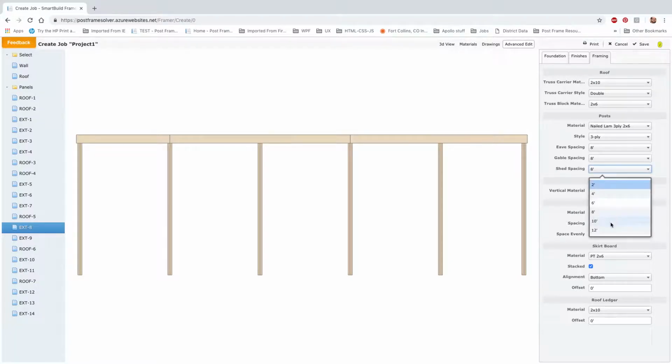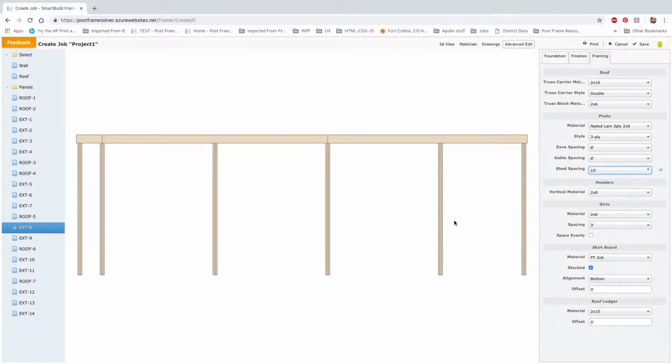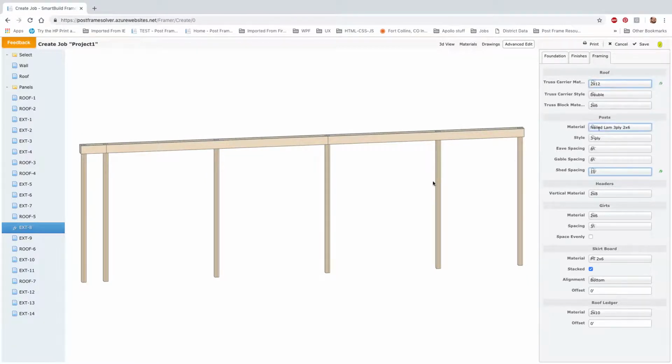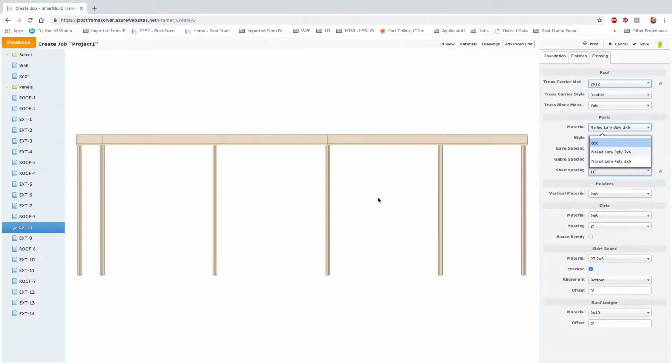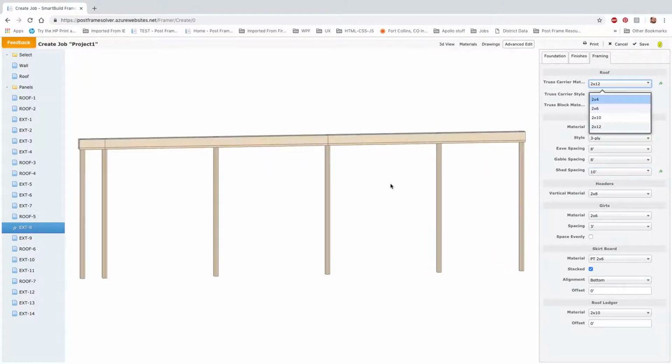So this one is a shed wall, so we could do wider spacing here. So that opened that up. We could use a different material going across the top here, and this is actually truss carrier material, so we'll do 2x12 in this case. So that updated 2x12, and once we've made those changes,